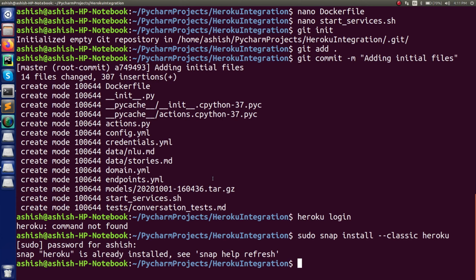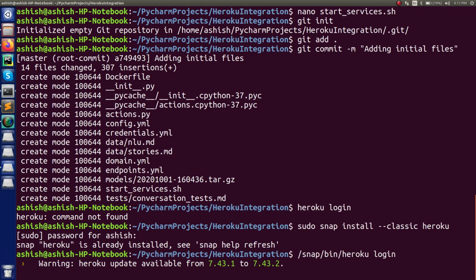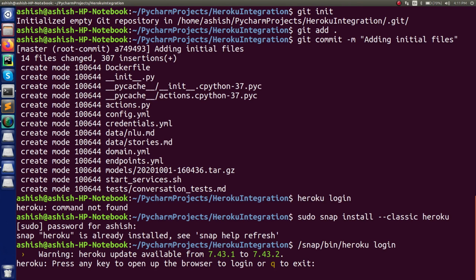And after that, now just type this command, because this time my Heroku is installed with snap and it is inside this snap, so that's why I'm working as per that. Just press enter. So you can see, press any key to open up the browser to log in, which means for the first time you need to log in to the Heroku account, so that accordingly it can link your repository to the server. Now press any key. Let's say I pressed enter.